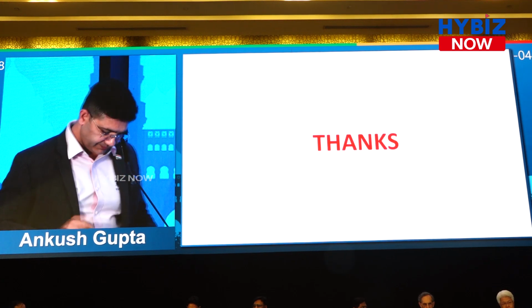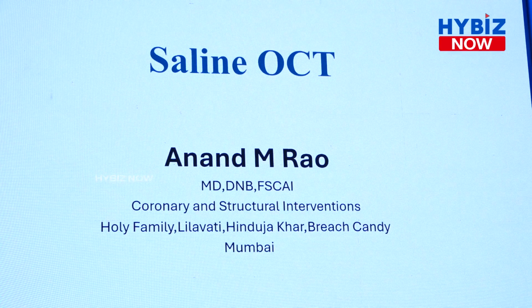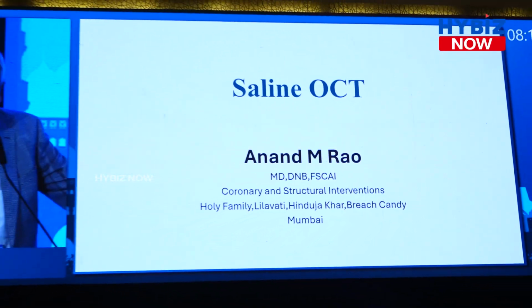Thank you very much. What Professor was telling us is how to use a dual lumen catheter to figure out whether you're in the same cell or in a different cell. That means if your wire is in and you've taken a dual lumen catheter over the side hole, and then through the end hole you go in, if your dual lumen catheter goes all the way into the side branch, that means you're in the same cell. Whereas if there is some difference, then it's in a different cell, and you can make out proximal. Is that right? Yes, that's right.